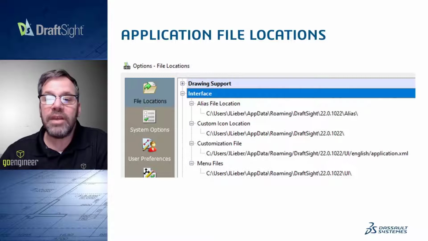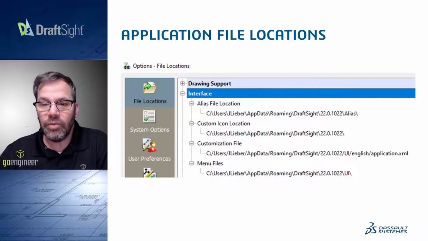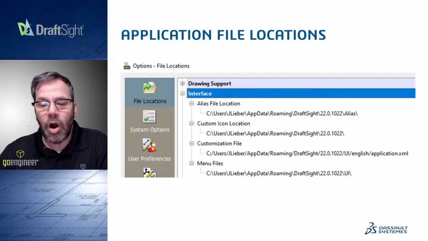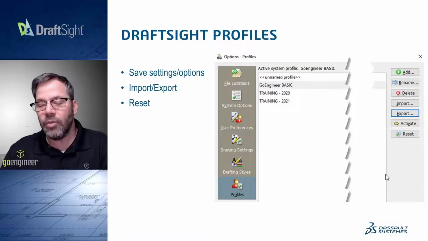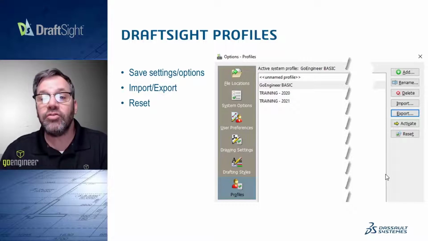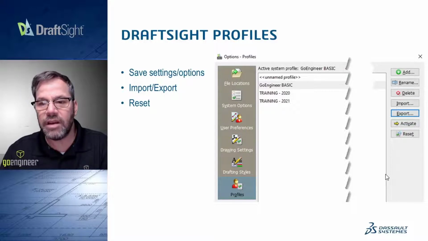But after we look at the application stuff, we have our DraftSight profiles. Now, in the file locations, that's where those first two screens came from. All the way down here is profiles. If you want everyone to be using the same configurations, whether we're talking about the file locations, the interface locations, menu customizations, any of that kind of fun stuff,